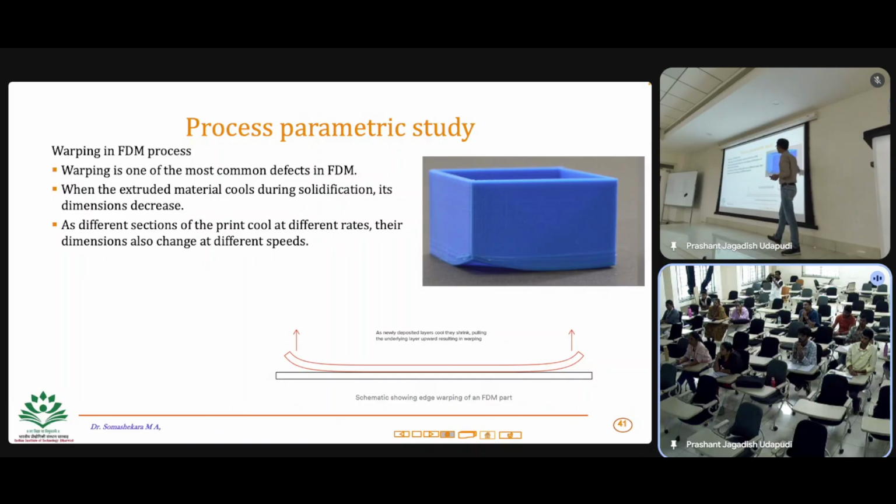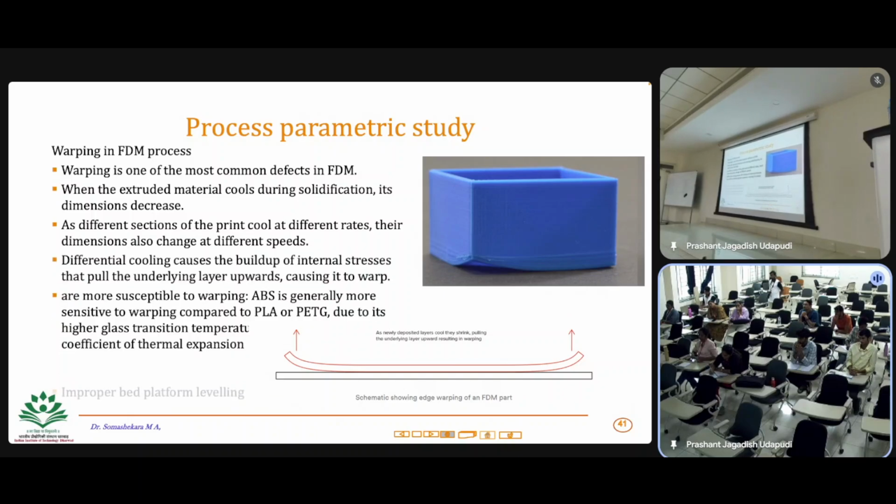So that is where I think many people make major mistakes. The first 3 layers are very important when it comes to this technology. That's why you give more temperature for the first 3 layers, so that for the later part you don't need to worry, because once you print the first 3 layers, they will take care of the rest of the component, right? This is a common mistake, everybody does this, right? Very common,